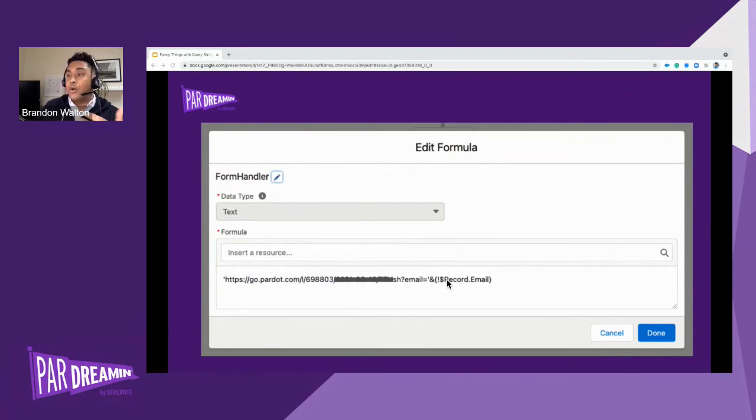So again, if you're using flow, if you have an email there, that's what the form handler needs in order to work. So this flow can be triggered off of not only an updated creation of a lead or contact. We get a lot of requests where we have this thing called a product key, or we have this custom object that we've set up, and we need to be able to send the contact associated with that custom object into Pardot. Well, you build your process on one of those custom objects, and you're in the game again.